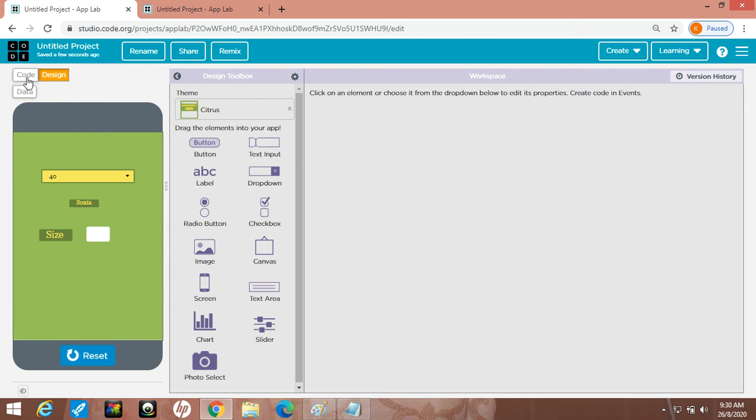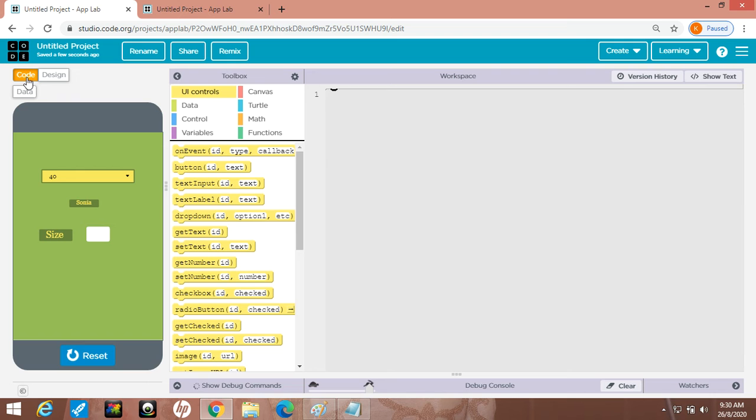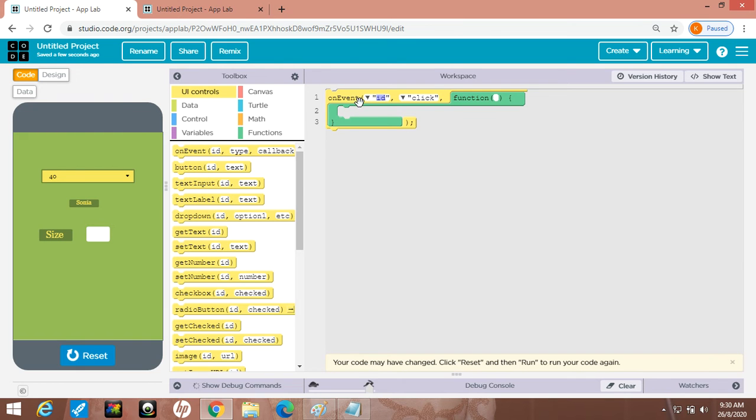Now come to the coding part, click on this code section. I am taking an onEvent block, you know that. Now I have to apply the event on my drop down box, the ID is dropdown1, and the event is change.